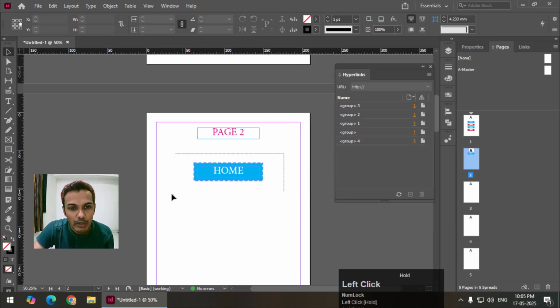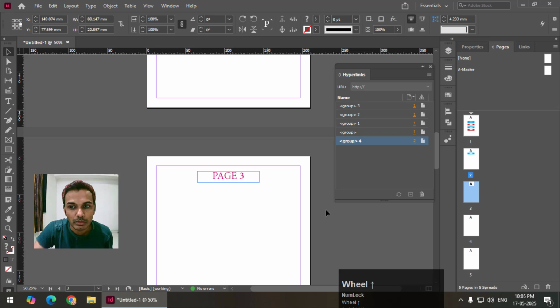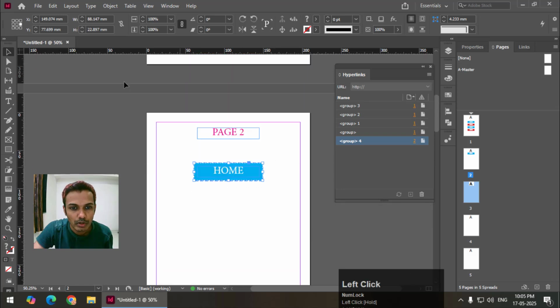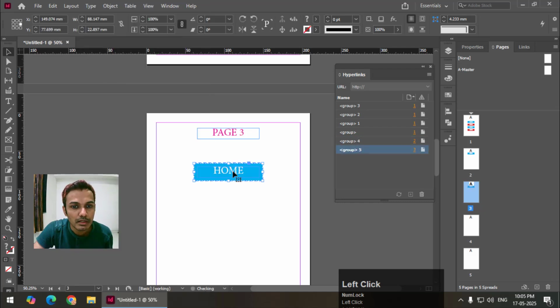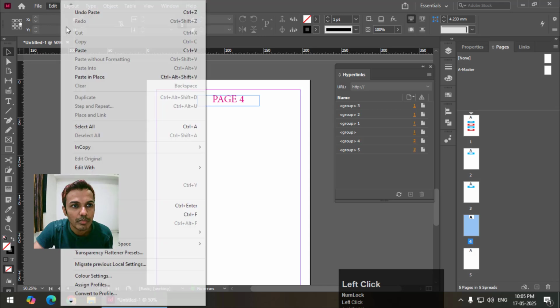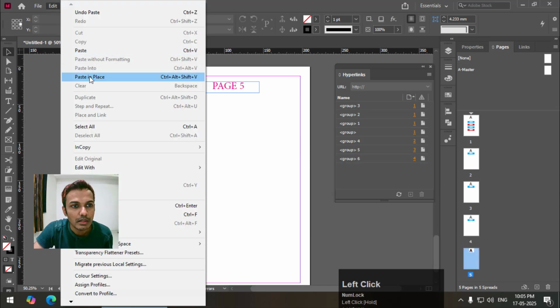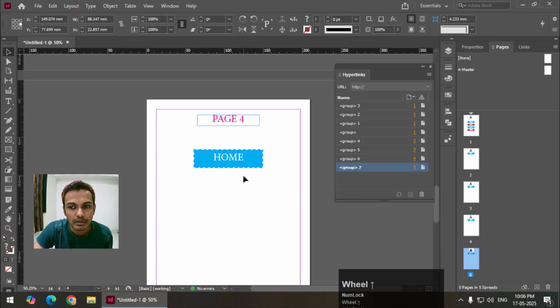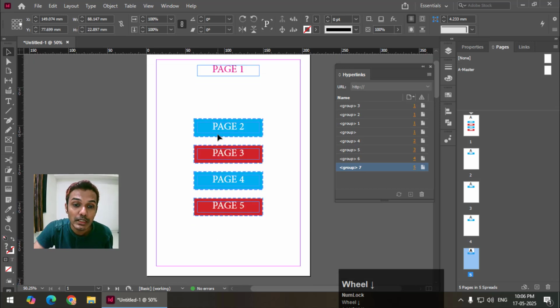Now I will copy this and paste it to each of the pages, show you, copy and paste in place. Similarly, paste in place, paste in place. Now once you create all the links, now again I'm going to create one